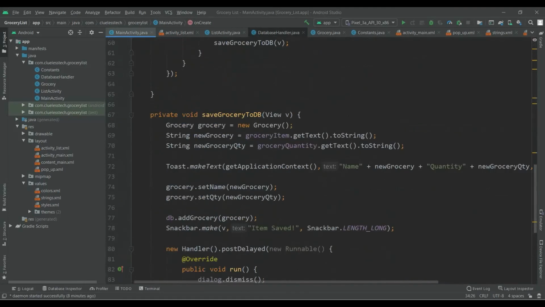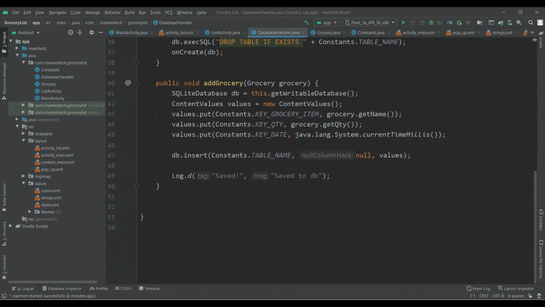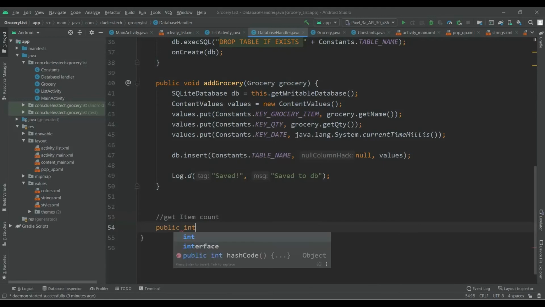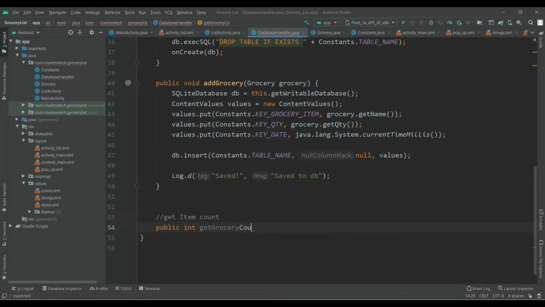We will create one method inside this DatabaseHandler class to get the count of how many records there are. Okay, so now inside DatabaseHandler, getItemCount. Public int getGroceryCount. We are using integer because we will return the number of records.